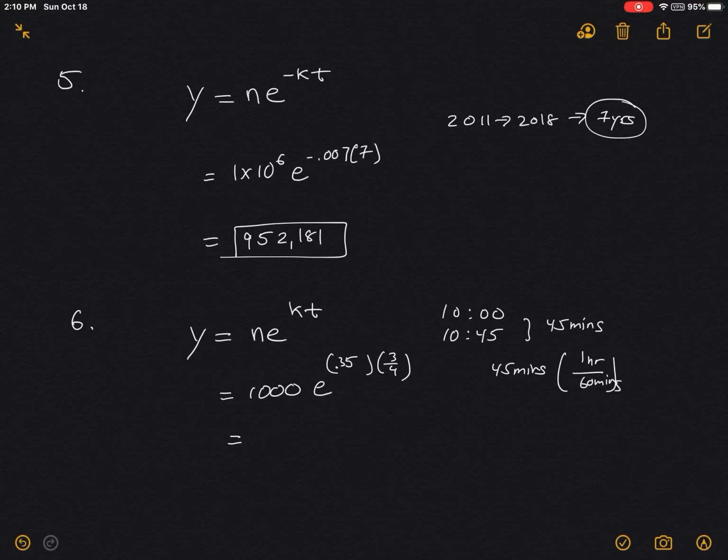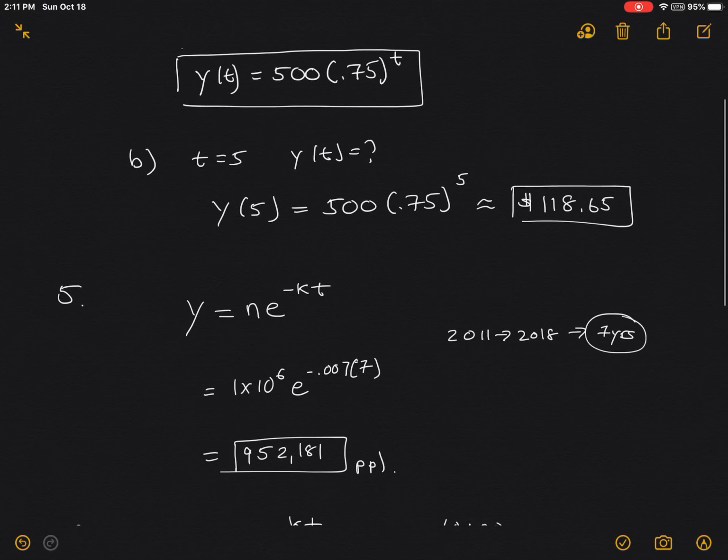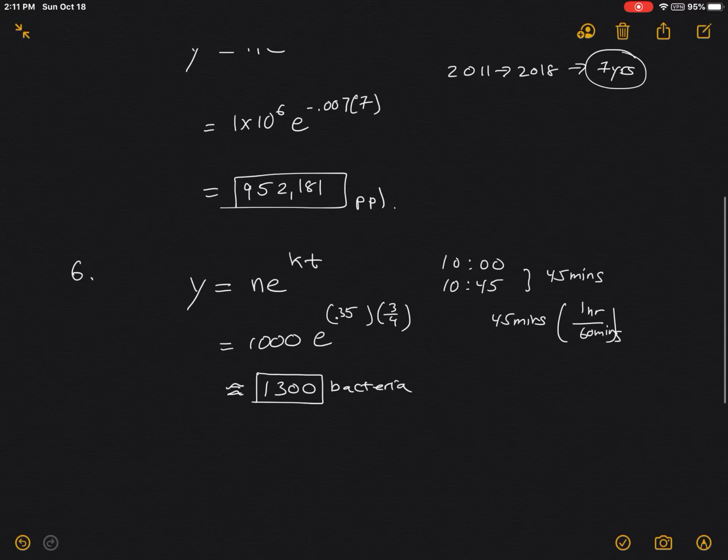So 1,000 times e raised to the 0.35 times 0.75, and you'll get about 1,300 bacteria at 10:45. So make sure you write down units. For number 4 it is dollars, number 5 was people, and this is